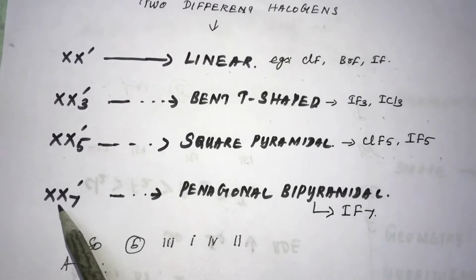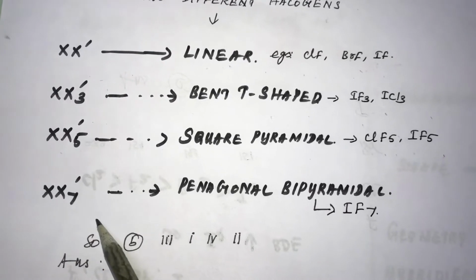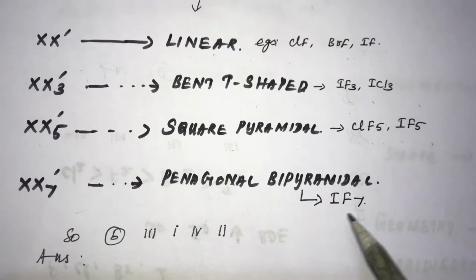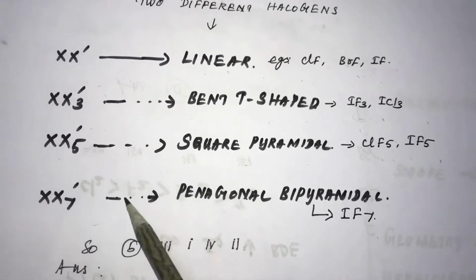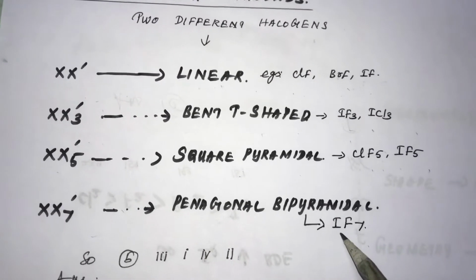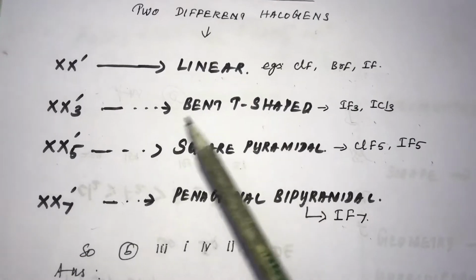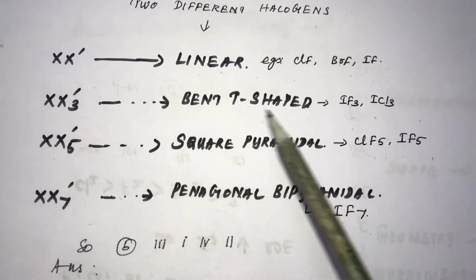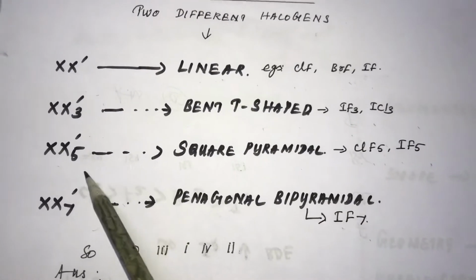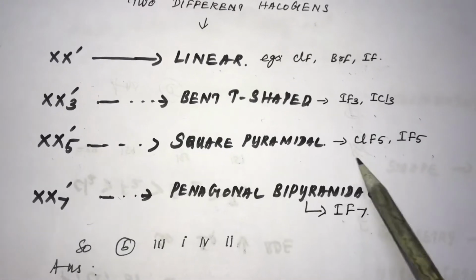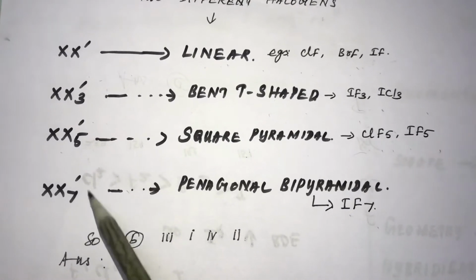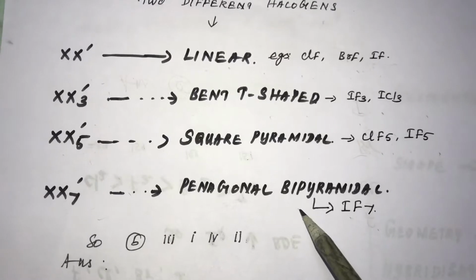The next one is XX'7. The example is IF7. The shape is pentagonal bipyramidal. So XX' is linear, XX'3 is bent T-shaped, XX'5 is square pyramidal, and XX'7 is pentagonal